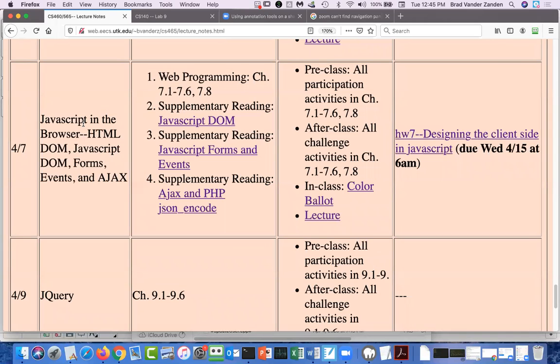of the web page. For example, if you could enable or disable a form widget, or if you made an error in a form widget, you might like to be able to show an error message or highlight it in red. So you would like to be able to change different aspects of a form or different aspects of a web page.